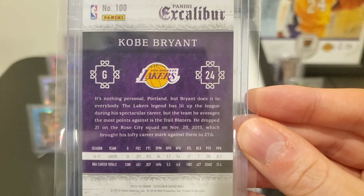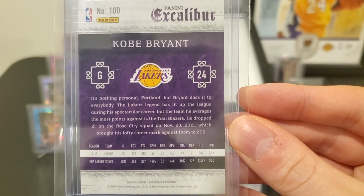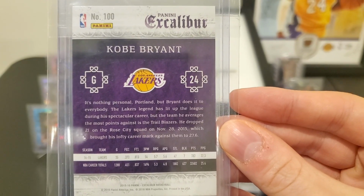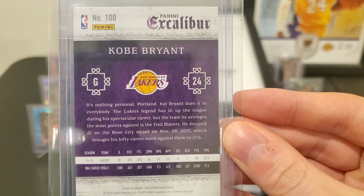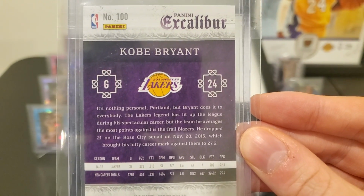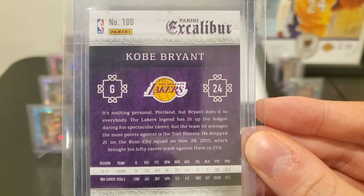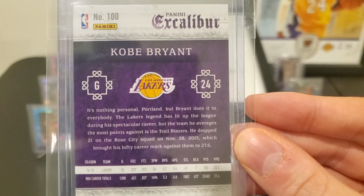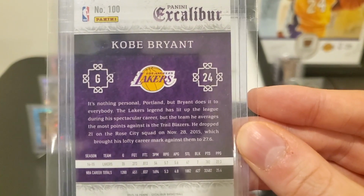Which, again, not too much going on. It is card 100 of the set, you can see at the top. It was a 200 card set, and 50 of those 200 cards were actually rookies. And with Excalibur being a product that released towards the end of the season, it's a little surprising that they